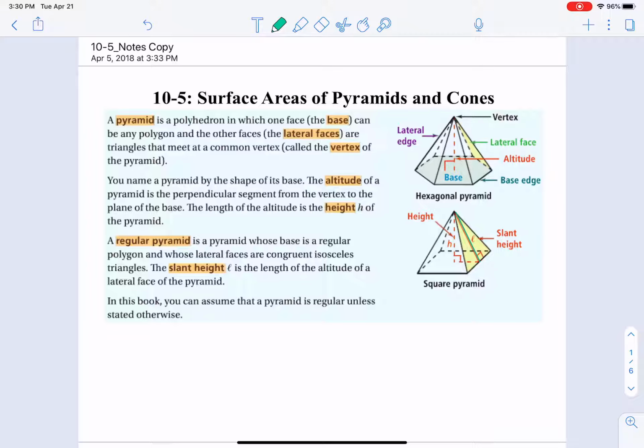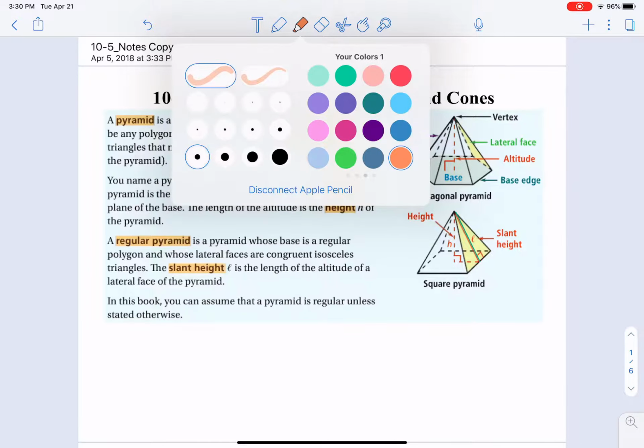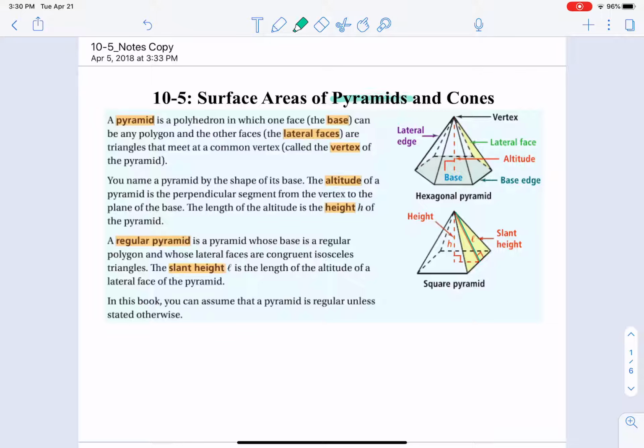The last notes that we took, we did surface area of prisms and cylinders. And so today we're going to look at pyramids and cones. So we'll kind of follow that pattern. We're looking at surface area of those four things. So pyramids and cones today, and then cylinders and prisms the other day. And then we'll jump in the next week or so, next lessons to volume of those four shapes. So that's kind of where we're headed, but we're going to look at the surface area of pyramids and cones